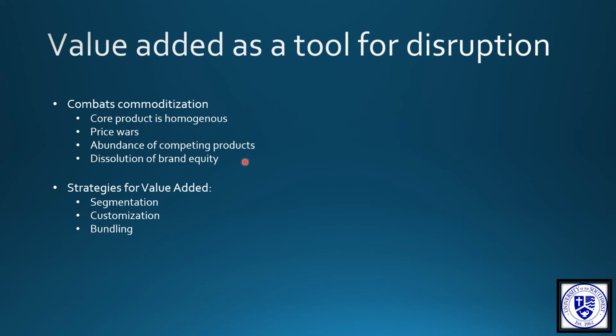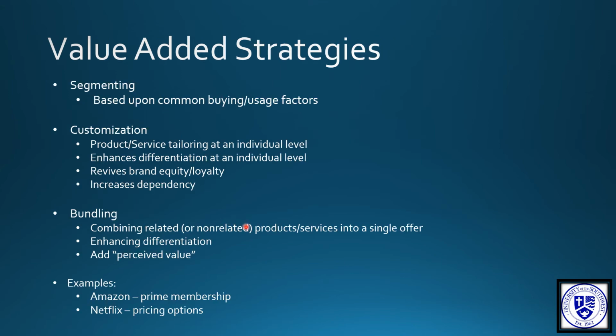So as a tool for creating disruption and innovation, there are a few strategies that we can pursue. Obviously we can look at market segmentation, which is discussed in the reading this week, trying to segment those markets. We can also look at customization, and we can look at bundling. Those are the three common strategies for disruption, or for value added. So if we're trying to create innovation and disruption through adding value, and we look at segmenting first, well, we've talked about segmenting already, and chances are that if we're considering value-added strategies,